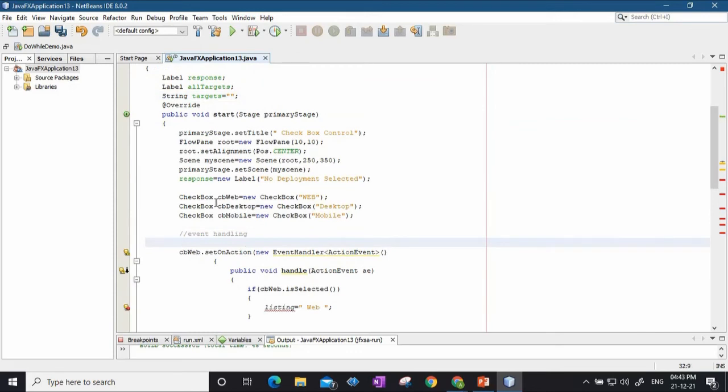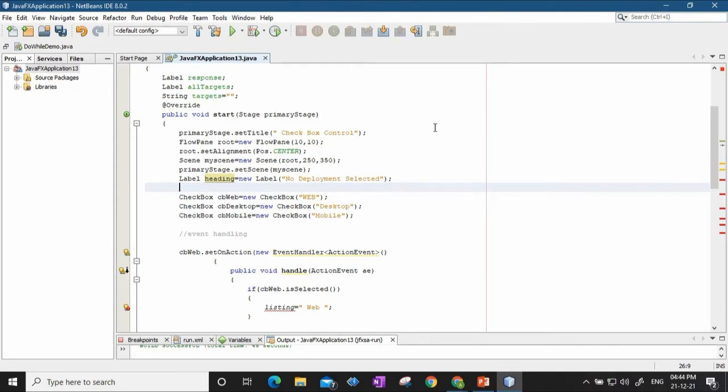Now, I have already set the label. Another label I'll create here, instead of response. I'll call it label1. Label1 equal to label, and the name of the label is heading. So this will give the heading for the particular app. So this is the label heading.